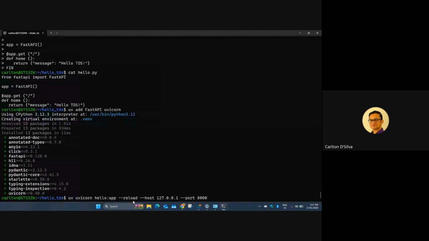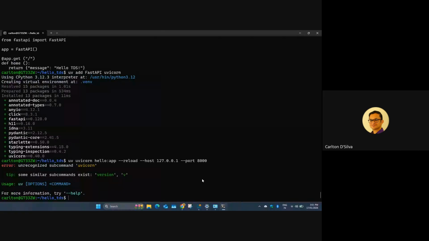This just tells it if there are any changes to the file, just reload the server. So don't worry about that. But then this is the important bit. I'm telling Uvicorn where to run the server, as in where to make it available. So I want it available on 127.0.0.1 and this port 8000. Okay. So if I run this,